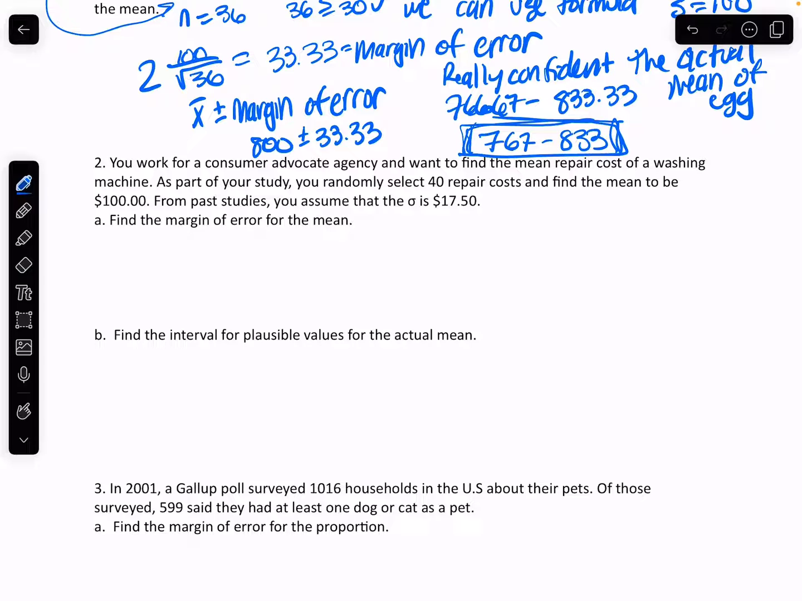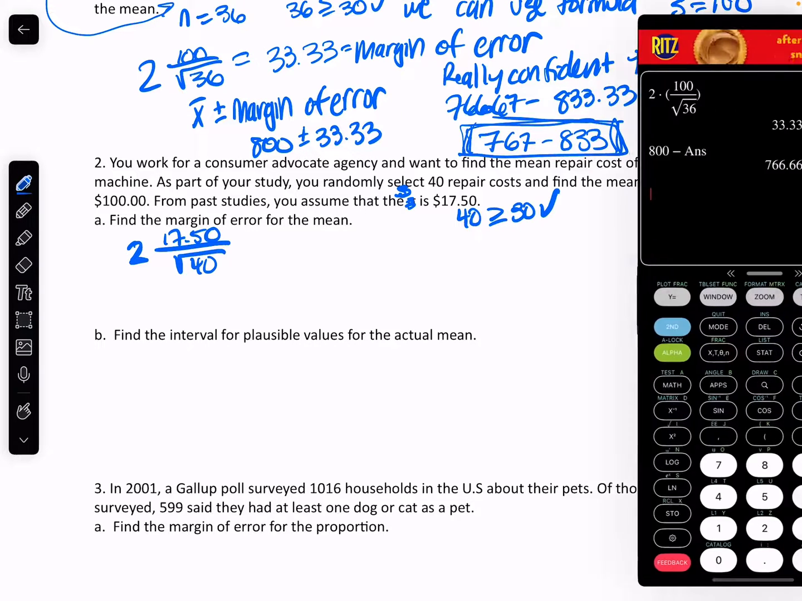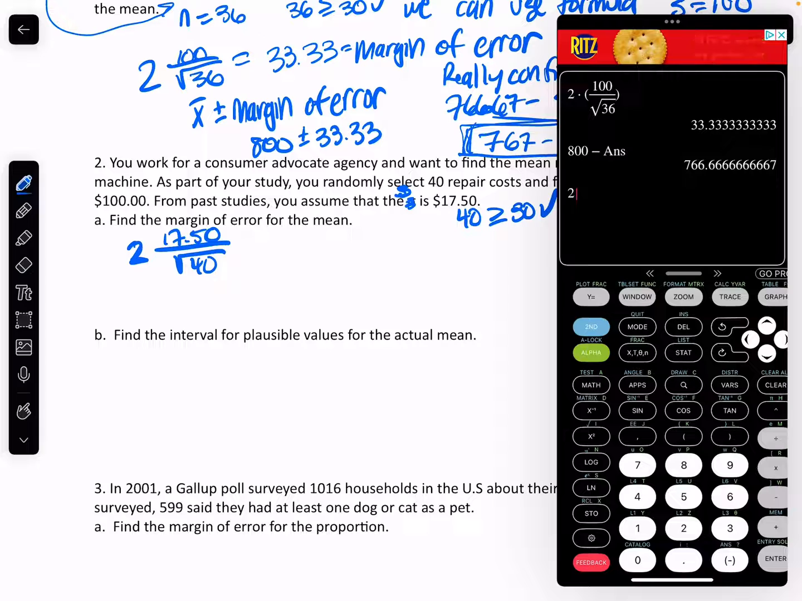So we're going to do 2 times our standard deviation. This should be S, not sigma. So we're going to do 2 times our standard deviation, which is 1750, over the square root of the number that we have. We selected 40. Before I do this, I need to make sure that the number we're picking has to be greater than 30. And it is, so that means I can use this formula of 2 times s over the square root of n. Then if we go to our calculator, we're going to do 2,